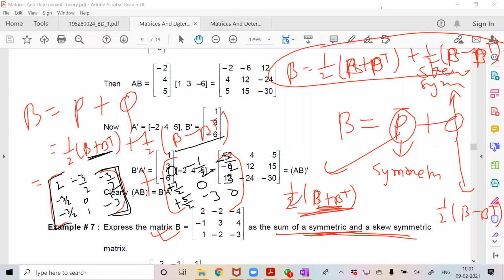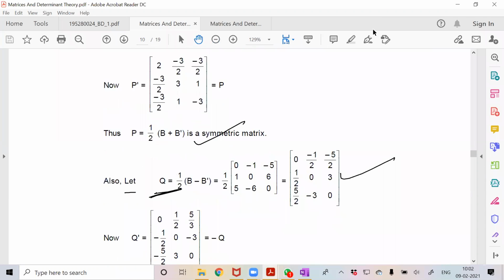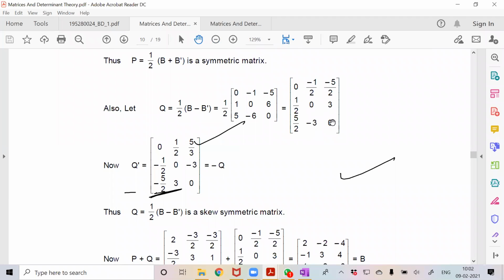Okay. So everyone please calculate. It's not difficult. I think everyone can do it. You just match, because in the exam there will be no solution. In the exam you have to do it by yourself. You will have only this question. So find B transpose. P is half of B plus B transpose. So this is the answer. And Q is this. Yes, I think she said the correct answer.